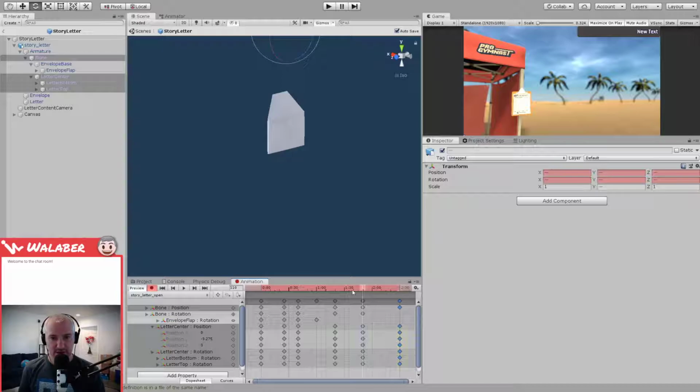Actually right here. Did I screw that up? Let's look at this. So it's come up, pause, open the flap, short pause. Here's where the letter should be sliding out. Okay. So